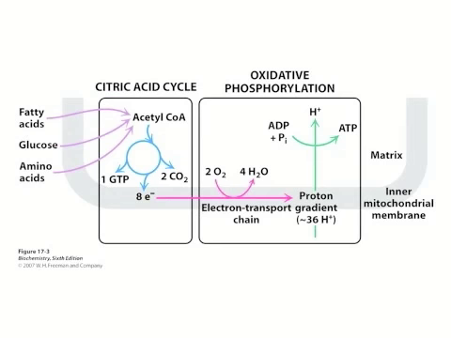And so this is a schematic of where we're going. We're going to take fatty acids, glucose, and amino acids, and we're going to turn those into acetyl-CoA. This is an activated 2-carbon molecule that can enter the citric acid cycle. Now, the purpose of the citric acid cycle is to oxidize this fuel source to generate 8 electrons that can